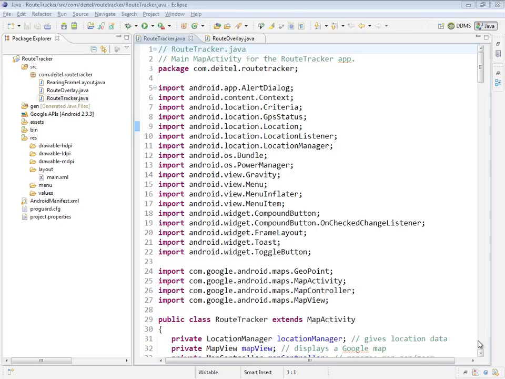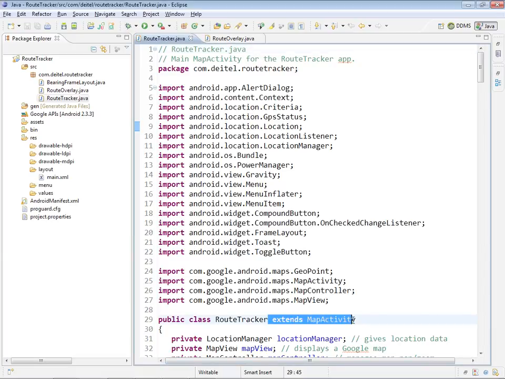We now begin our discussion of this app's primary activity class, which is the RouteTracker class that, as you can see here on line 29, extends MapActivity. Now, MapActivity is one of several new classes and interfaces that we'll be using in this app, and in particular, it's part of the Google Maps API classes. If you extend class MapActivity, it makes it easier for you to embed Google Maps capabilities into your app, and that's why we've chosen